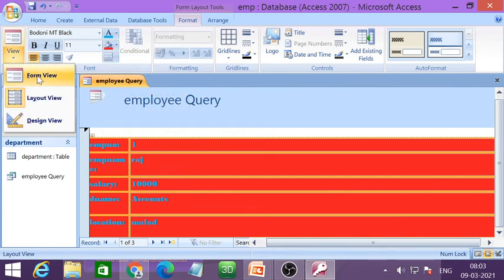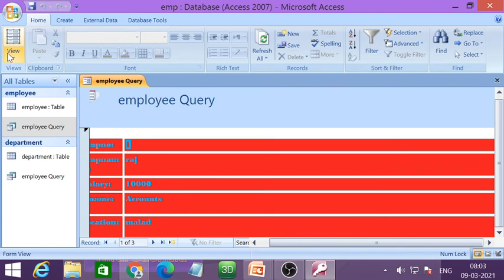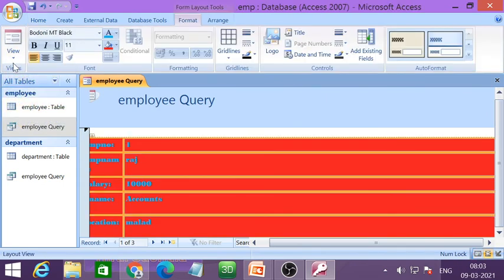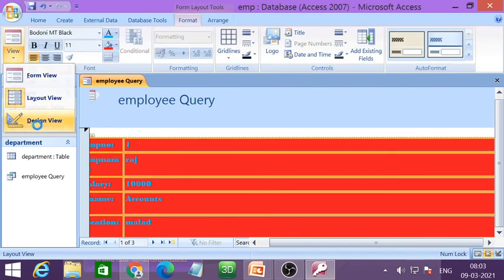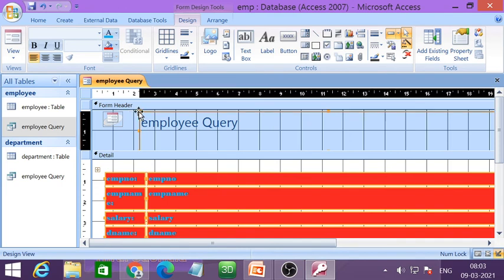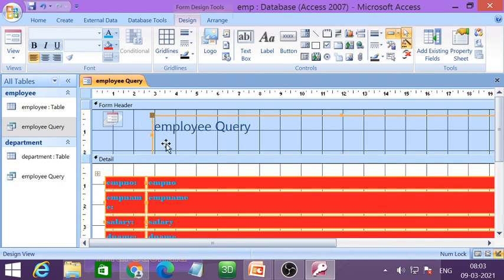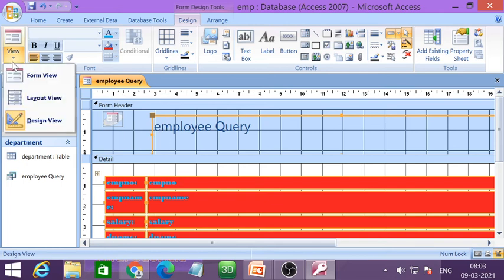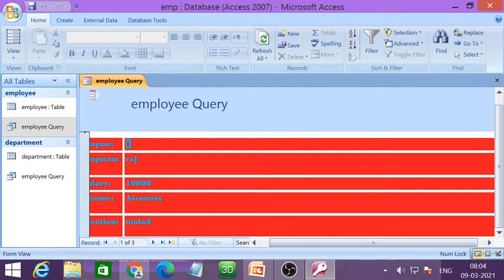And we have different types of form view: layout view where you can make a change, design view where you are applying a design layout to your forms. Our form is ready. We again go to the form view. Yes, this is the form where we can see record 1, 2, 3, all the records in the form view.